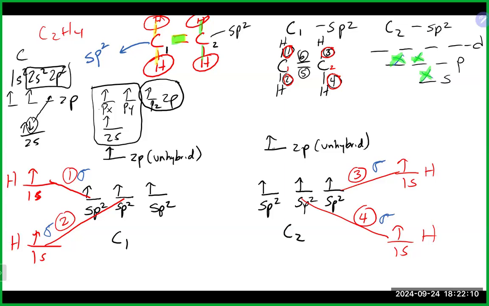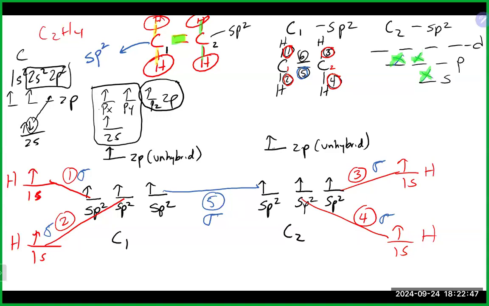The good news is, if we look at our hybrid orbitals, in each carbon there is a hybrid orbital available to make a bond between the carbons, which is good because bond number 5 is between the 2 carbons. Which means that is going to be these 2 hybrid orbitals bonding right here to make the first line of your double bond. And that also would be a sigma bond at this point. I am down to 1 bond left,